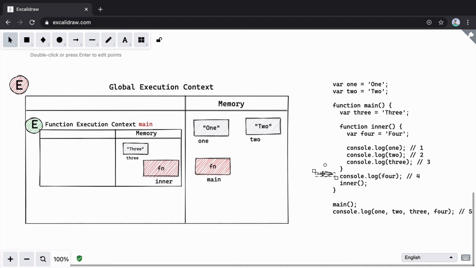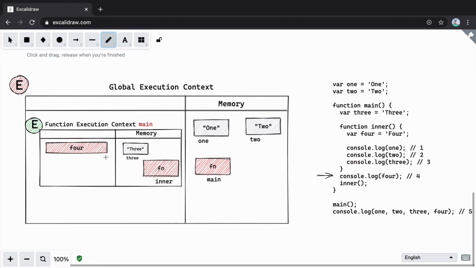And here we are calling the function console.log. As soon as we call the function console.log, we are looking for the value of 4. And if we do that, it will throw an error. Why will it throw an error? Because it will look for the value of 4.